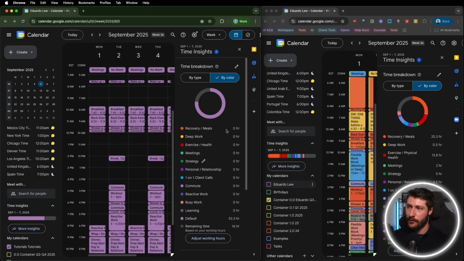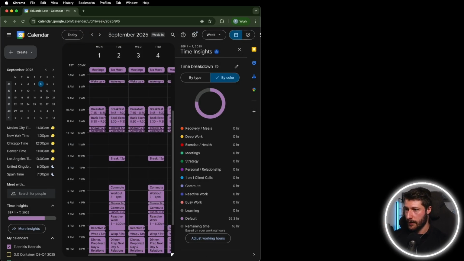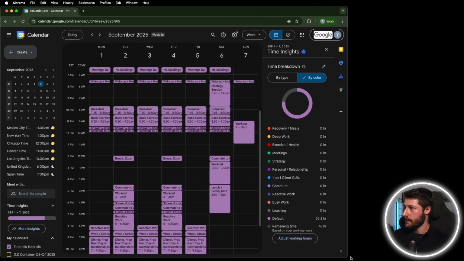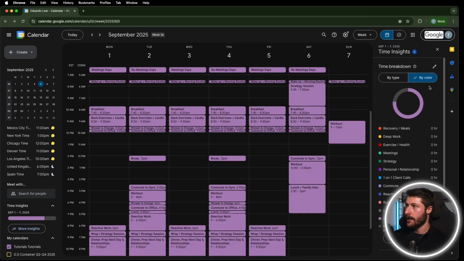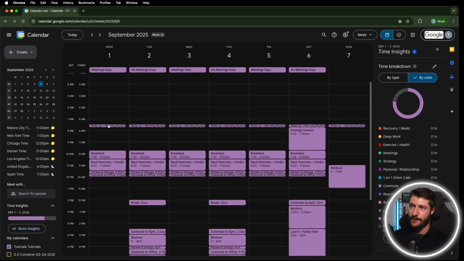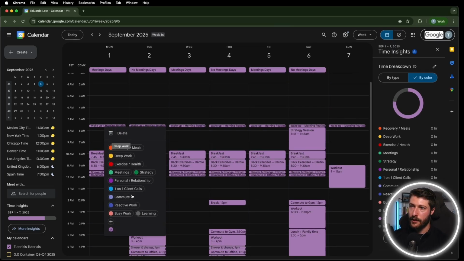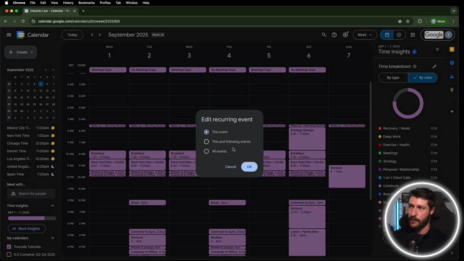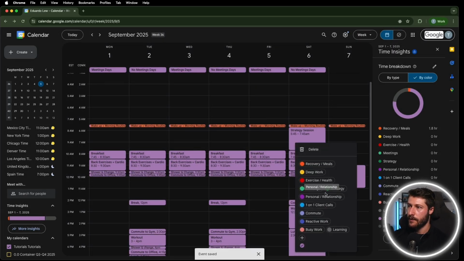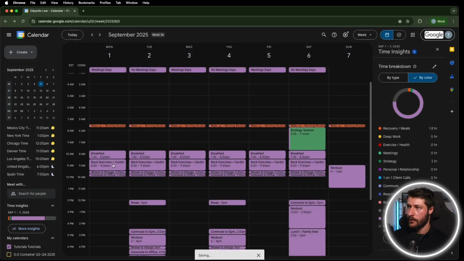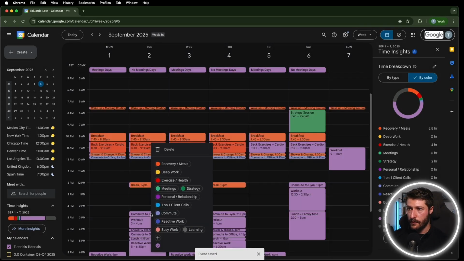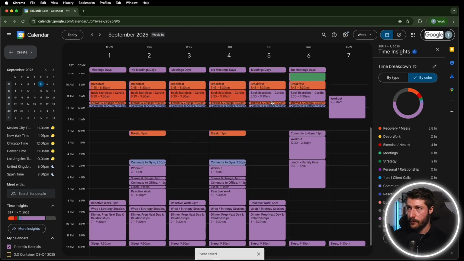So if these are the labels, then I can start labeling the actual events so that the calendar tells me exactly, right? A quick shortcut is if you right click on an event, it shows you the label so you can just quickly select it. So all of these are going to be orange. This is going to be strategy. This is going to be orange. This is going to be red. This is going to be orange. This is going to be commute. This is going to be orange. This is going to be commute. This is going to be